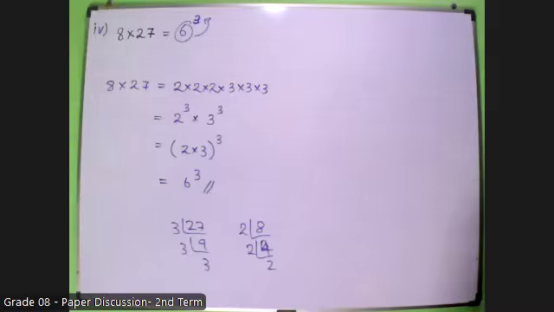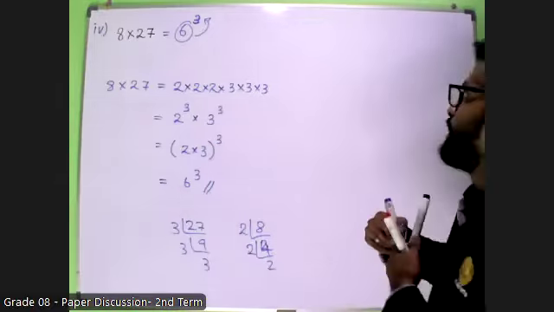Right. Okay. So let's move to the fifth one. Show that the value of minus 2 to the power 6 and 4 to the power 3 are equal to each other. So we have to